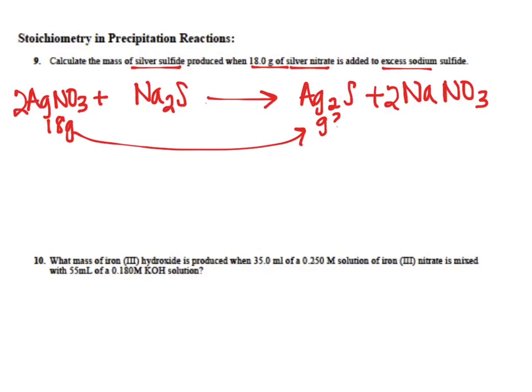So start with what we know. We know that we have 18 grams, so you need your calculators out. 18 grams of silver nitrate. We need to change that to moles, so we need moles per grams of silver nitrate. I already have that down for you guys. So it's